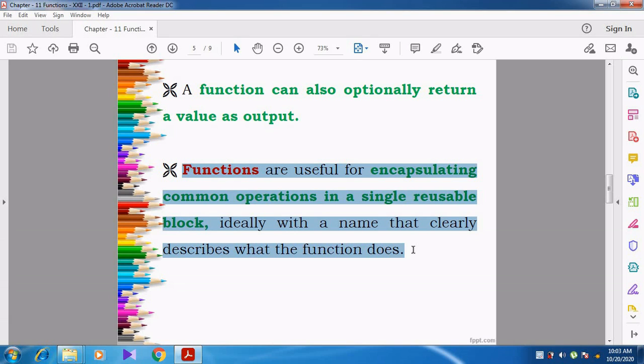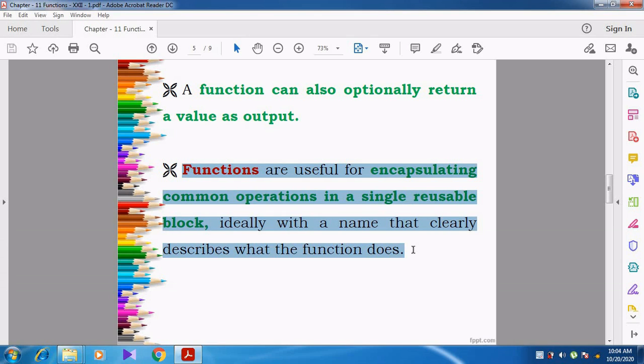For example, whenever we want to do some addition, get the input from the user, or show the output, or do arithmetical calculations that are repeated again and again, maybe addition, subtraction or multiplication.